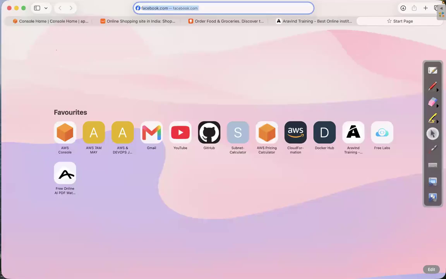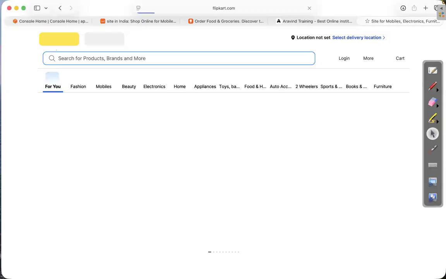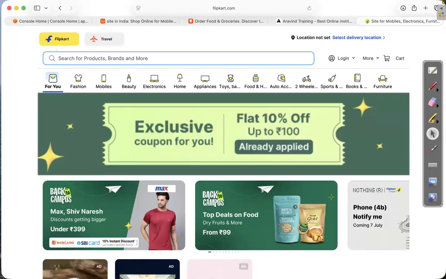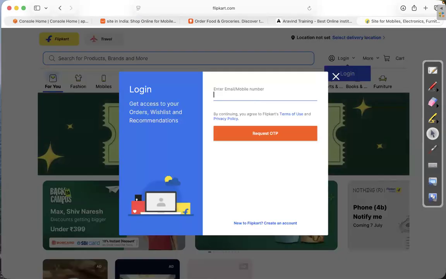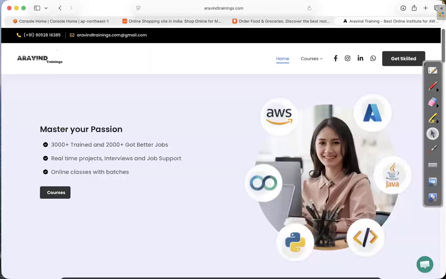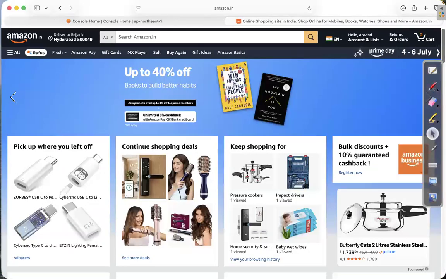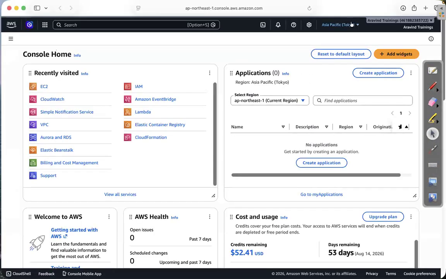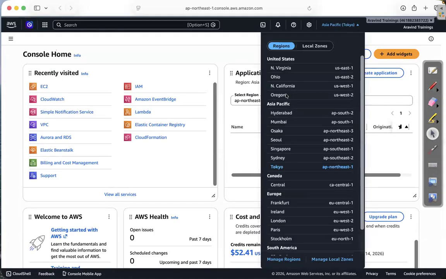As I told you here, within a fraction of a second, I saw the response from Flipkart. That's why you have to consider the appropriate region, not randomly whatever you wish. In our case, if you are working on the Walmart project, then we have to create the infrastructure in the United States.